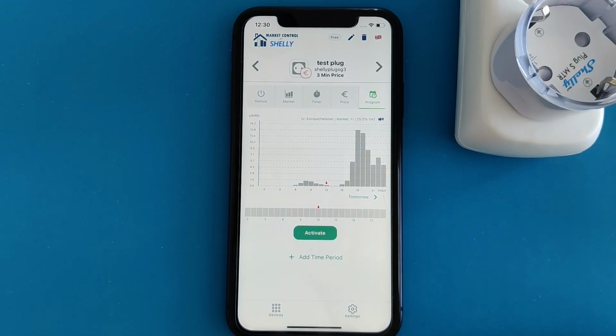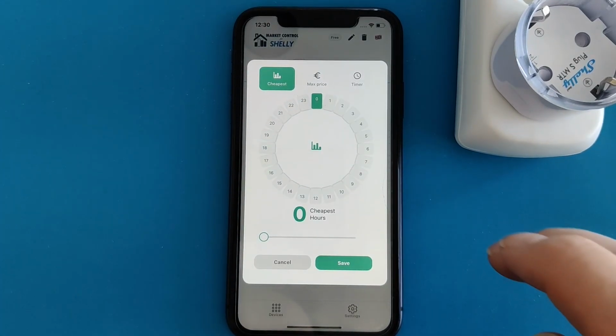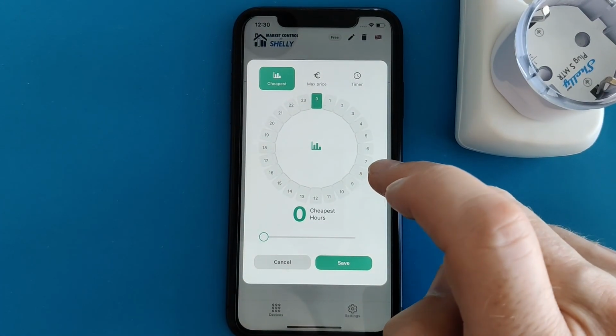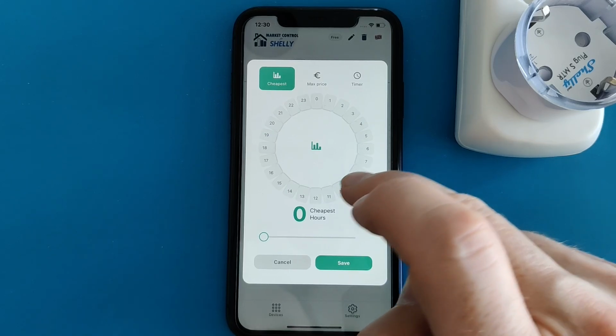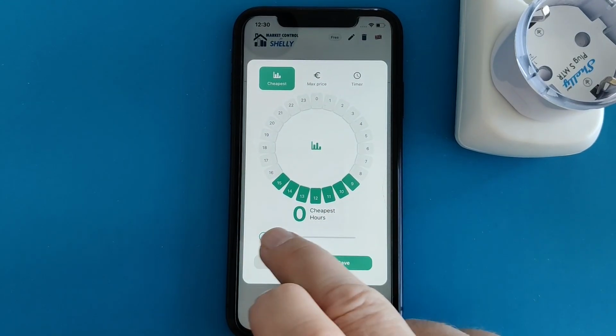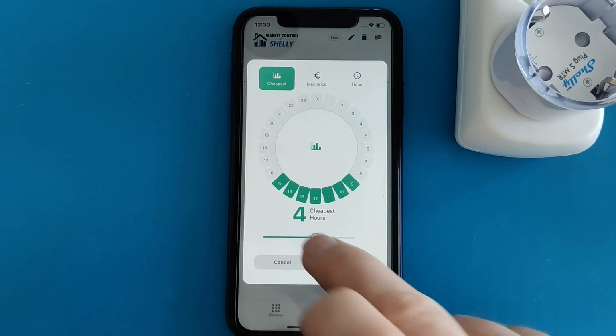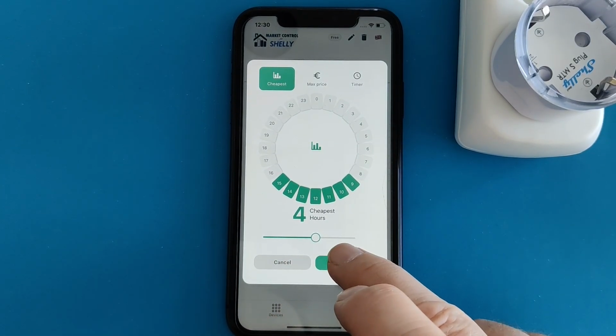Then here are the program items, which will enable you to select the period of time. For instance, let's say that between 9 and 3 p.m. I want to run it during the 4 cheapest hours, and I save that.